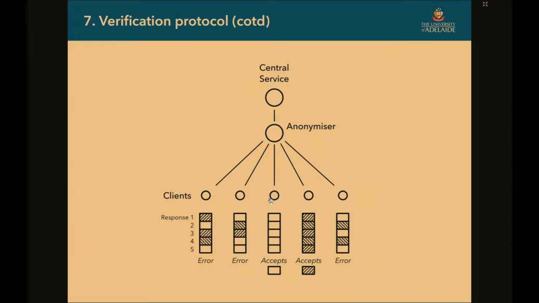And if the attacker is really lucky, one of them will get lots of consistent results. Ping, ping, ping, ping, ping, and the responses will all be the same, despite the fact that they've sent lots of different messages back. And so one client might accept this, another one might have been unlucky and gotten a consistent but different result from the central service and accept this one. But everyone else can see that the responses aren't consistent, something's wrong, I'm not going to proceed.